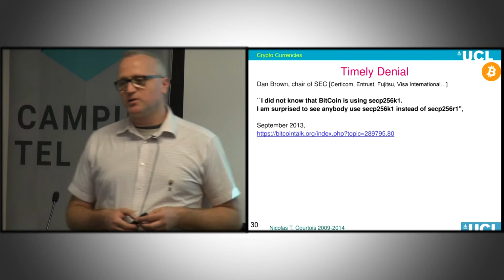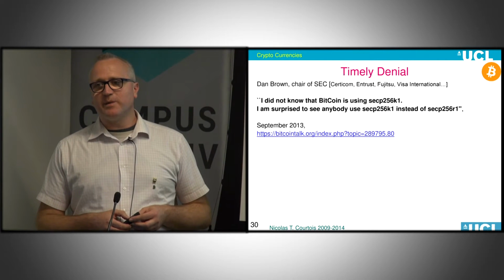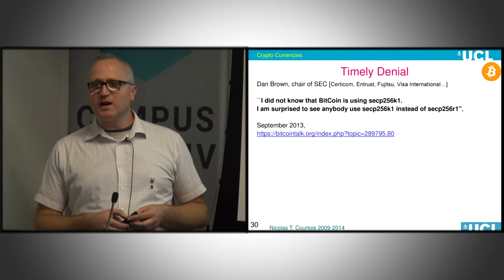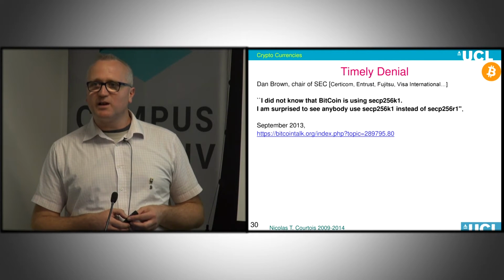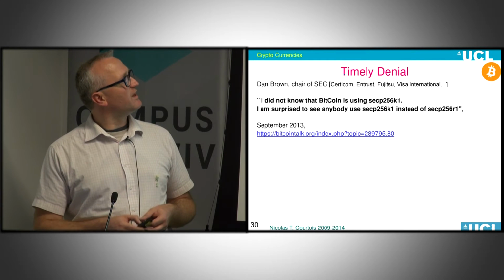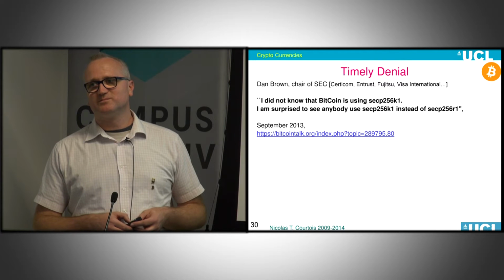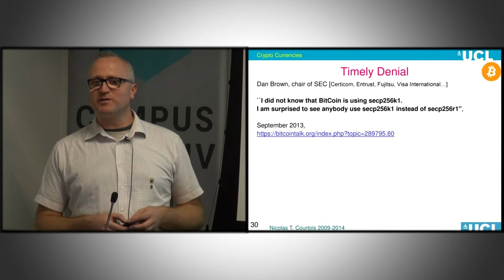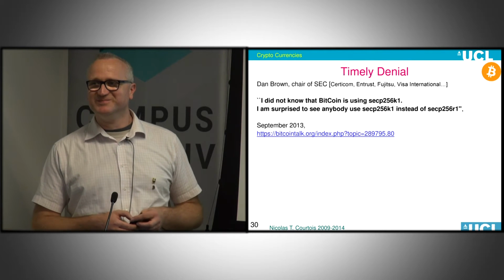So there is also the denial. Okay. So Certicom, this Canadian company, is actually the same which created this Bitcoin elliptic curve in the first place. And here is what the head cryptologist at this company says about the Bitcoin elliptic curve. You should never use it. Nobody should ever use it. Okay? So it's like we're using Windows XP, something which is not officially supported by the very people who have produced it. Okay?